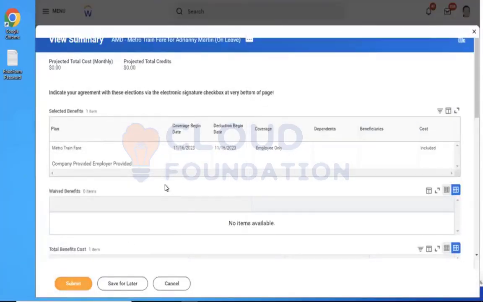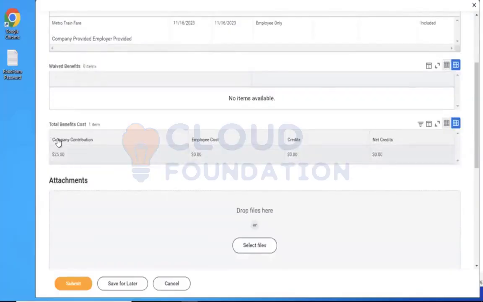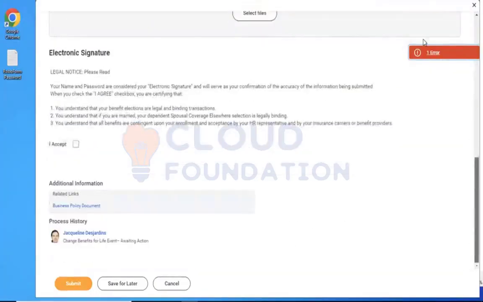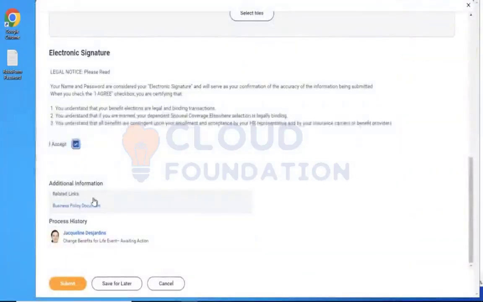Why is it not showing employee? Oh yeah, here we go. It's showing $25 here. Submit. Since it's an electronic signature, you must select this checkbox. I accept. Okay, so we will create this. Submit.